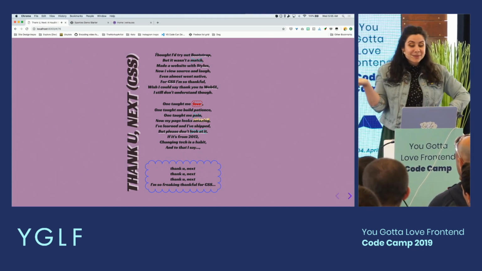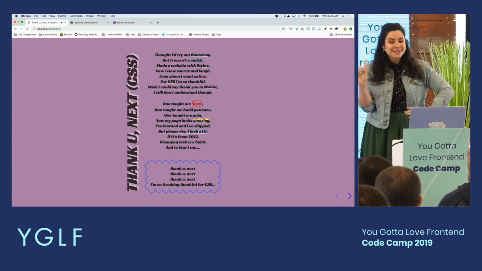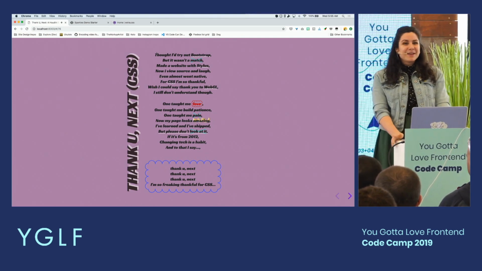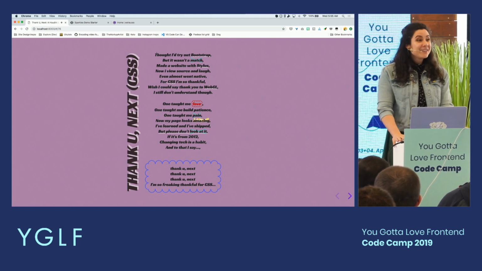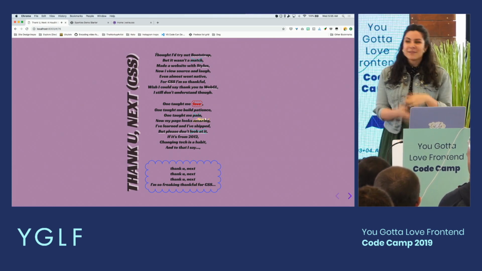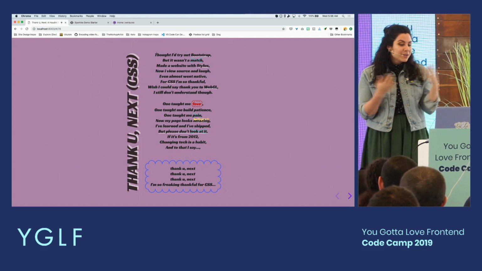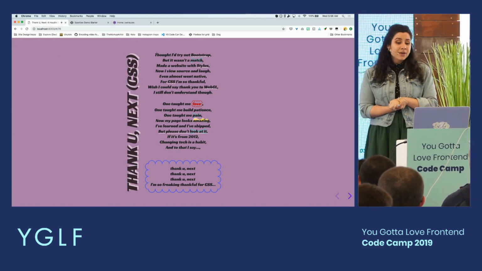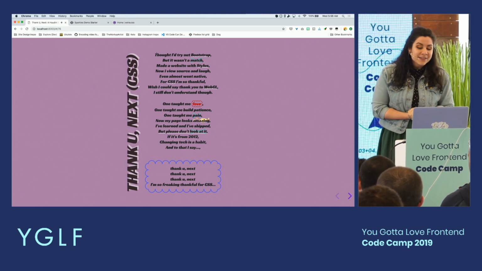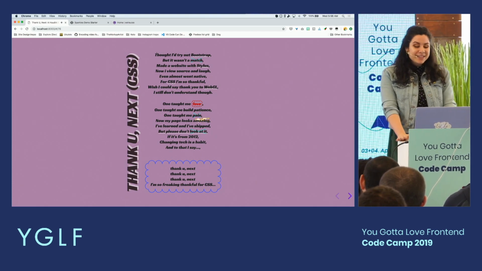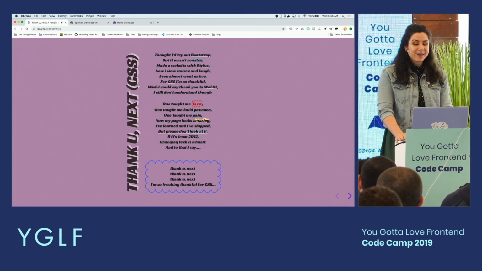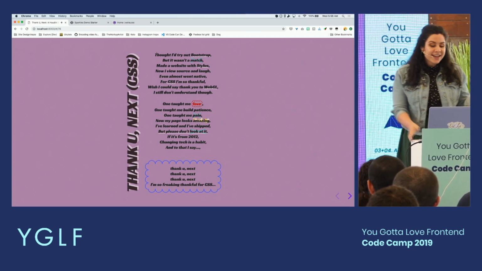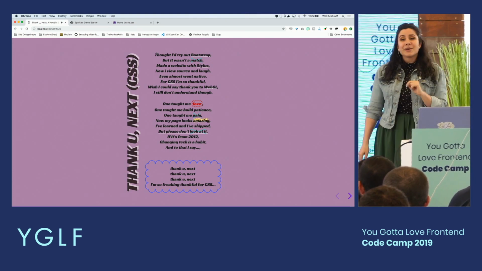I thought I'd try out Bootstrap, but it wasn't a match. Made a website with Stylus. Now I've used Sass and Less. Even almost went native. For CSS I'm so thankful. Wish I could say thank you to WebGL. I still don't understand though. One taught me love. One taught me patience. One taught me pain. Now my page looks amazing. I've learned and I've shipped, but please don't look at